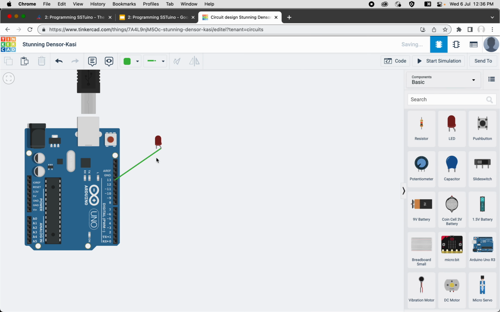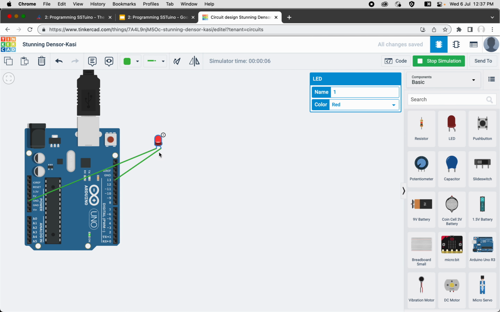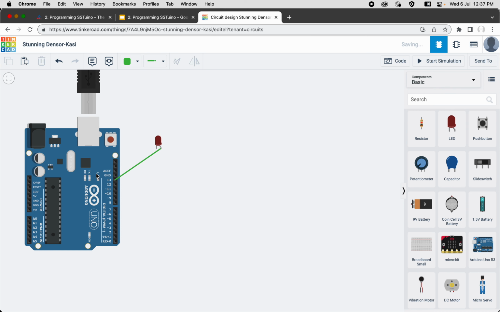So we cannot do this. Okay, so anyway, I'm going to try another thing. I'm going to connect it to the ground. Start simulation. Okay, so for the classic Arduino, you can actually do this for pin 13 only, because there is actually a special resistor, so you can actually do this. Okay, so next,